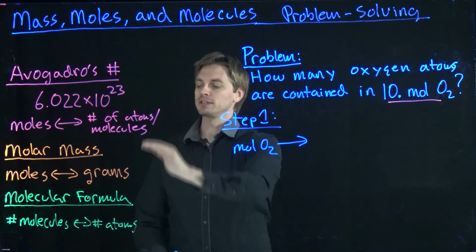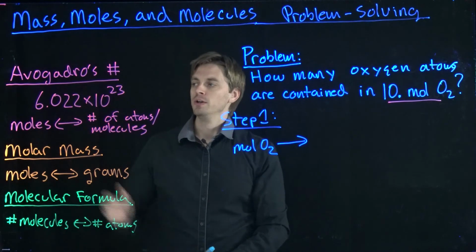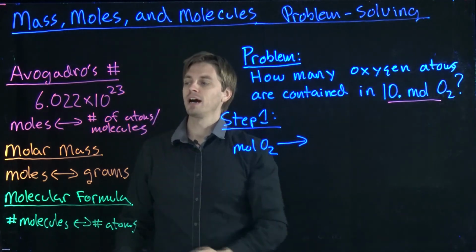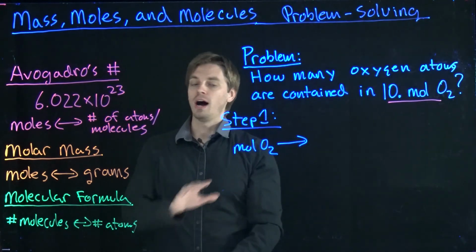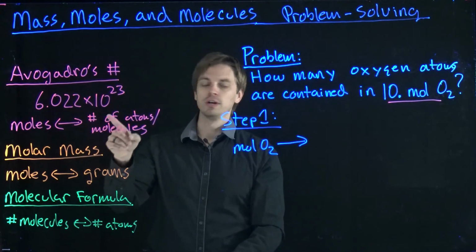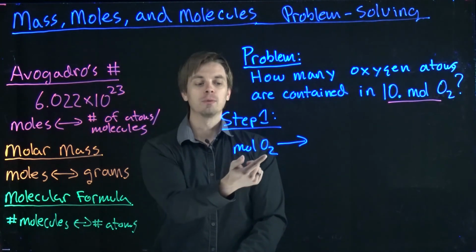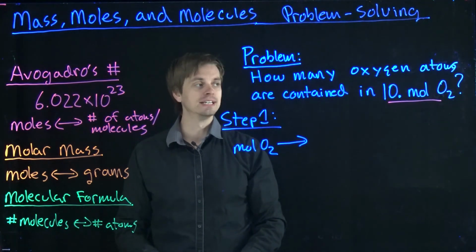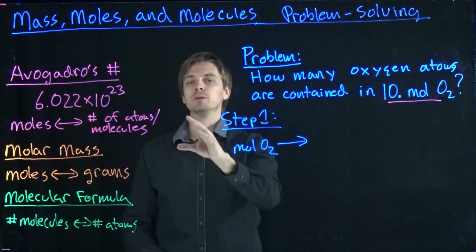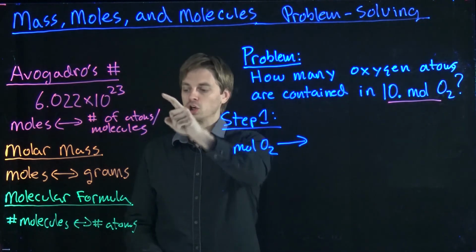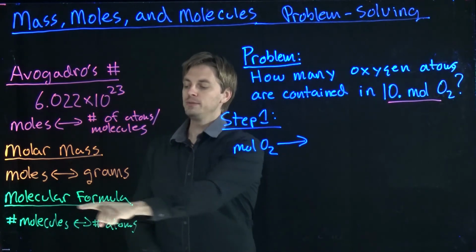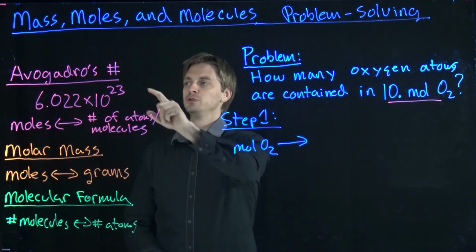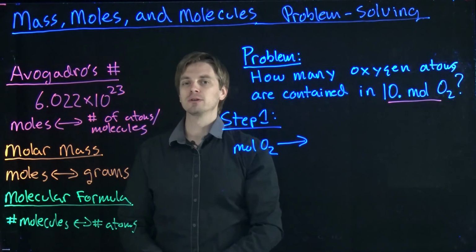Now, if we look at our set of conversion factors here, we're going to see a problem. None of these conversion factors on their own will actually accomplish this task. We can see Avogadro's number here. Given a quantity in moles, Avogadro's number will allow us to convert this mole quantity into the number of O2 molecules, but not the individual oxygen atoms that we're after at the end of the day. So what we're going to need to do is actually apply two of these conversion factors. Going down our list, at the bottom here, we see we have the molecular formula itself used as a conversion factor. So it turns out we're going to have to use both Avogadro's number and the molecular formula